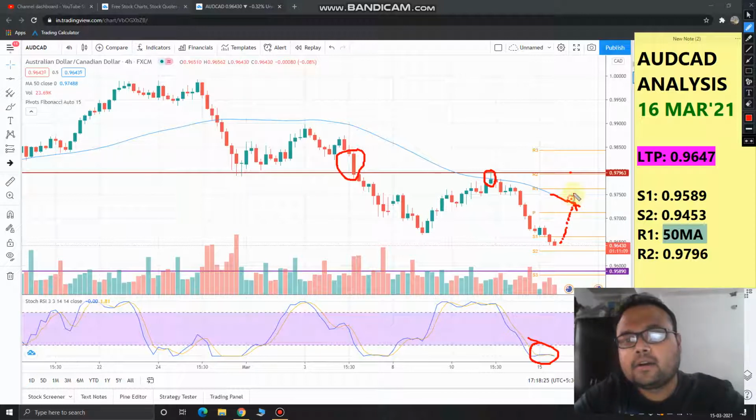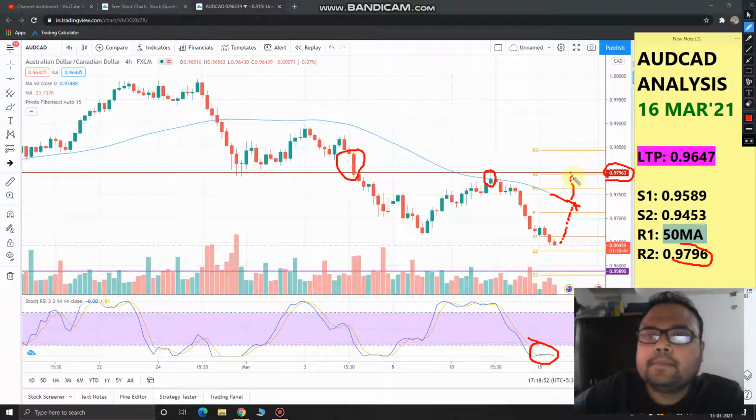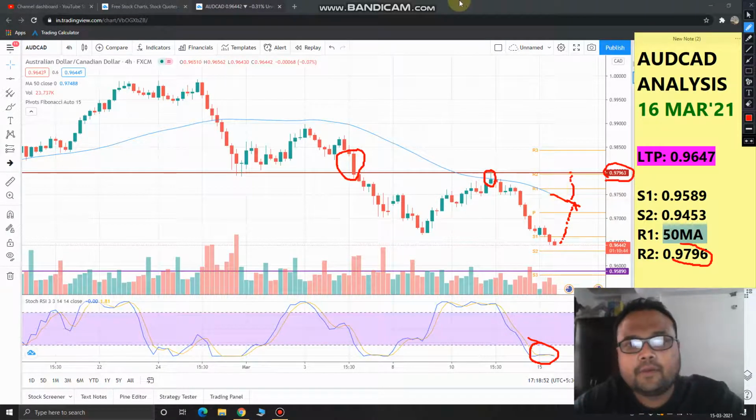In case market crosses the 50 moving average, then wait for the market to hit the second resistance level. The second resistance is at this level, 0.9796. This is the second resistance for the market. So when market goes to the second resistance level, again you just need to observe and try to understand the market psychology. In case you see that the price is struggling again,